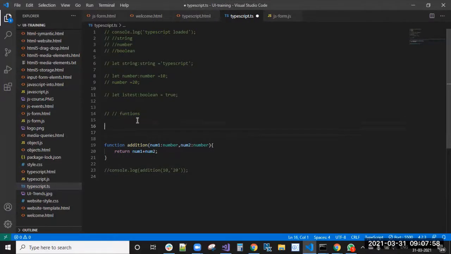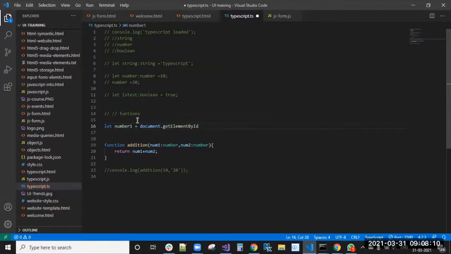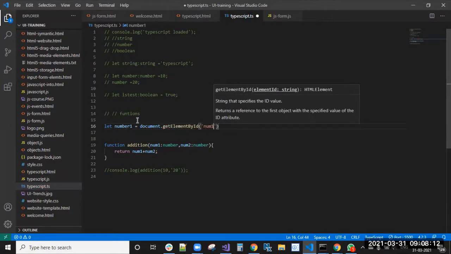First, what we will do: let number one equal to document dot getElementById of num1.